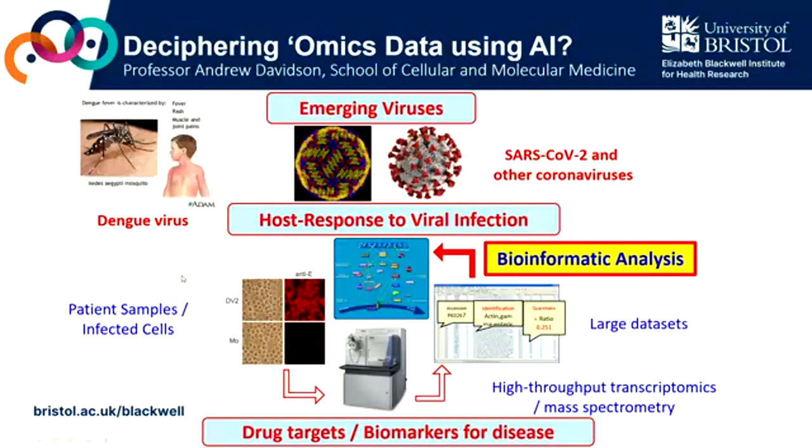So our approaches primarily look at using patient samples from clinical cohorts or infected cells in laboratory, virus infected or uninfected. We subject these to transcriptomics, proteomics, and also lipidomics analysis. We get these large data sets, and then we use those to predict cellular pathways that are disrupted in response